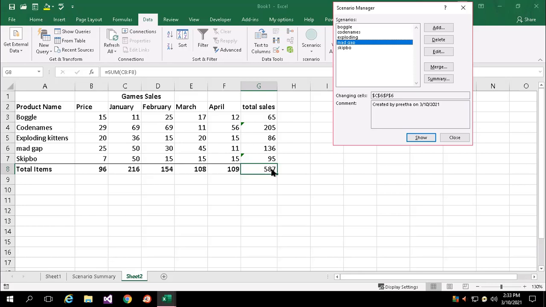As I said just now, in a sheet I have one value for one department. When I'm working with another department, I can take that department's values and reflect them in my cell. So that is one way. Second, after finalizing all the comparison values, if they say this year, next year, we concentrate on this product, exploding, then if I say show, it reflects my exploding value. If I say boggle, it reflects my boggle values.